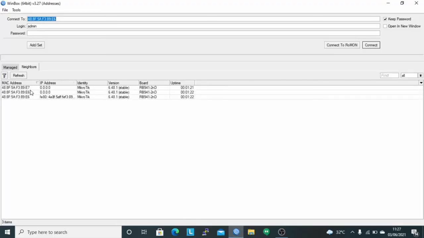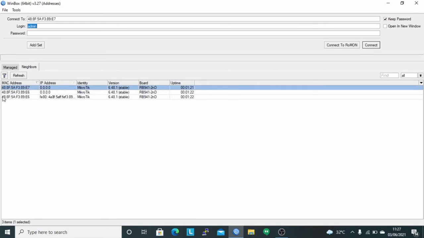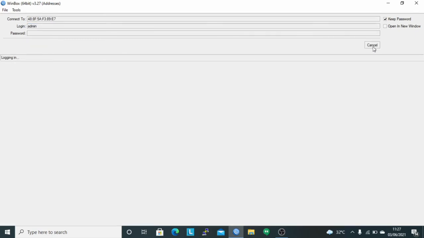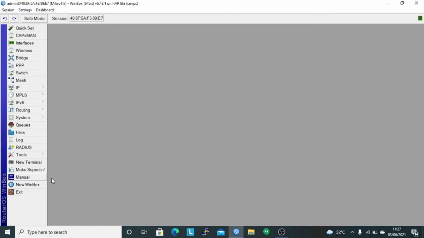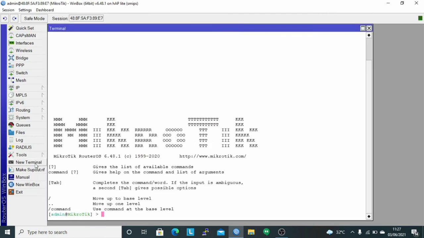First, open the Winbox application, remote the router server using the MAC address used on the router, and then configure the identity on the router. Use the command system identity set name. Here I use the name R1-Natasha.